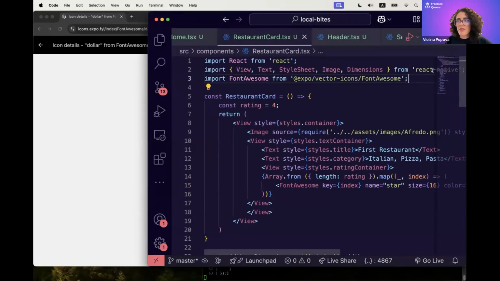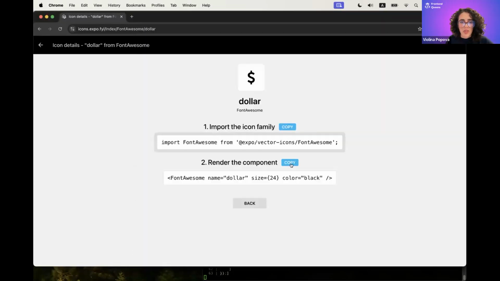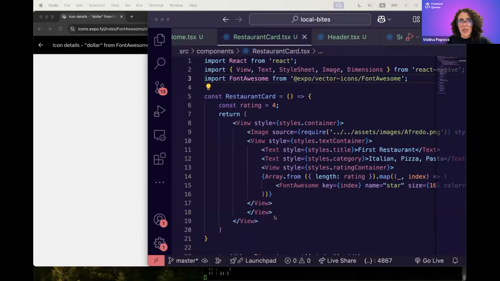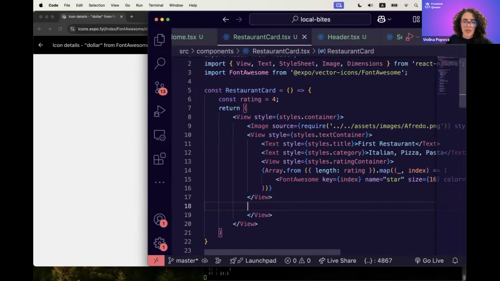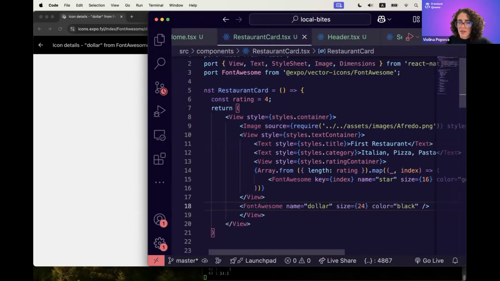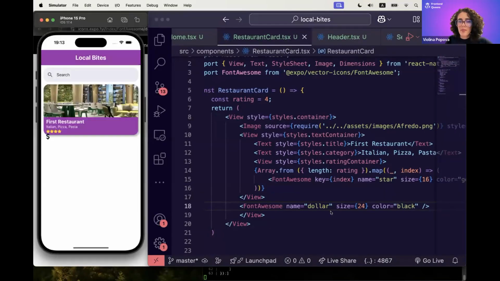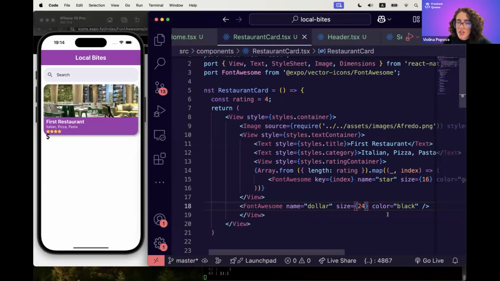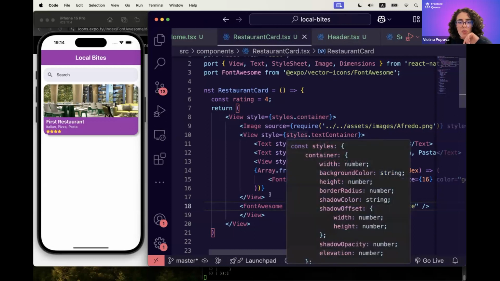Oh, actually, we already have font also imported, and I'll just copy this code. And we'll add the icon here. And here I will just change the size to be 16, and the color could be, let's say, white. And also